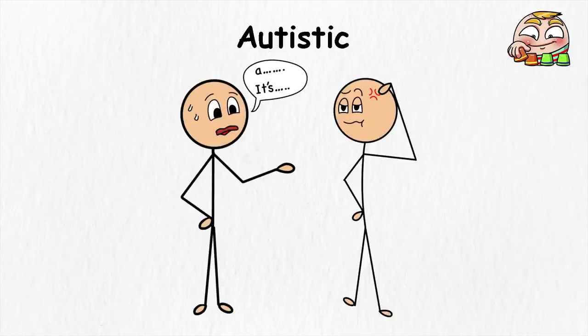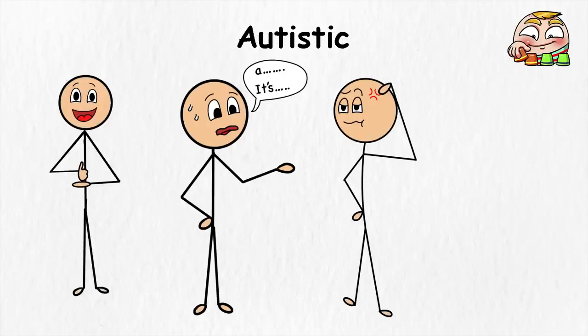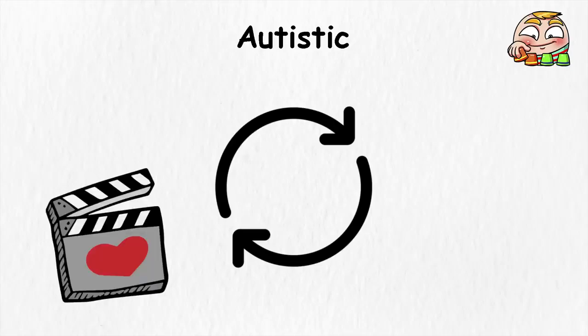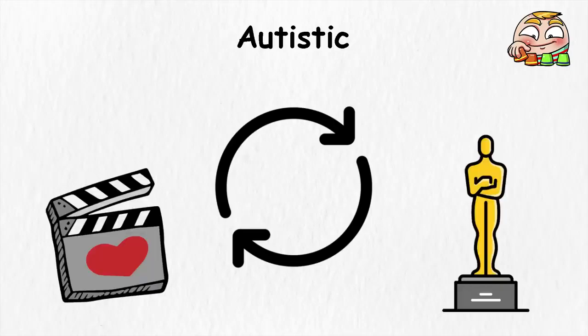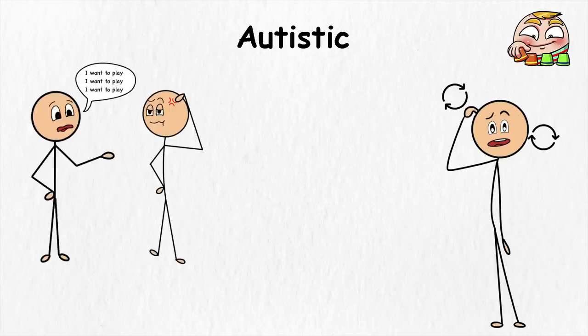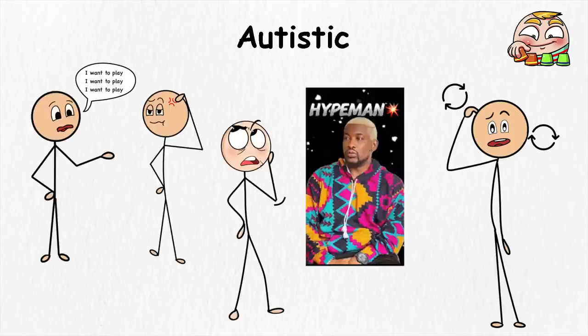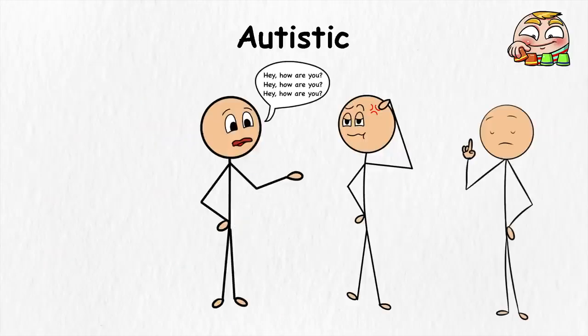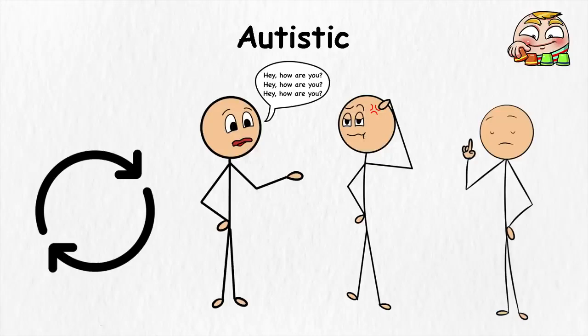People with classic autism may be nonverbal, have delayed speech, or use alternative ways to express themselves, like gestures, sign language, picture boards, or scripting, aka repeating lines from movies or shows, sometimes with Oscar-worthy deliveries. Some individuals also experience echolalia, where they repeat words or phrases they've heard. Think of it as being your own personal hype man. If you hear someone repeating what you just said, don't assume they're mocking you. They might be using repetition to understand and process language.